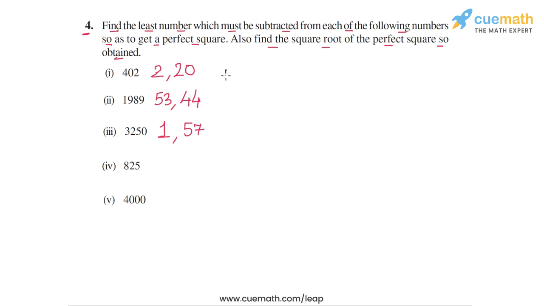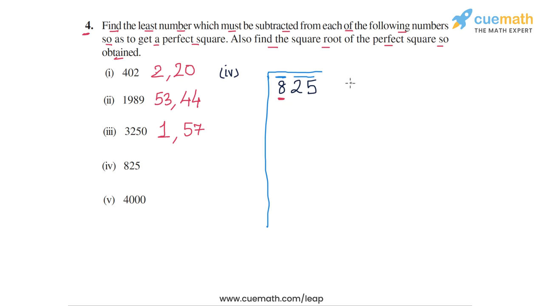Now let's do part 4. The number in part 4 is 825, and we will apply the division method to this number. So we put a bar over 25 and then a bar over 8, and now we are ready to apply the division method. So in the first step, we have to find the largest possible digit whose square is less than or equal to 8, the number under the first bar.